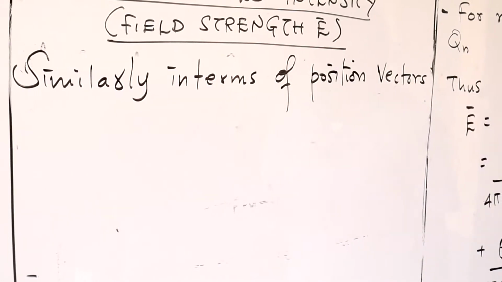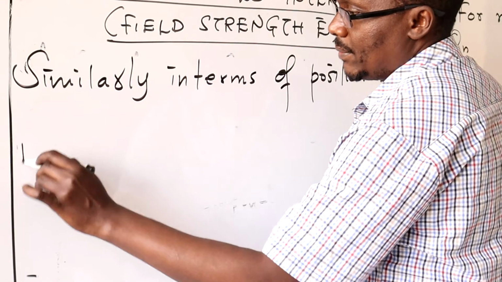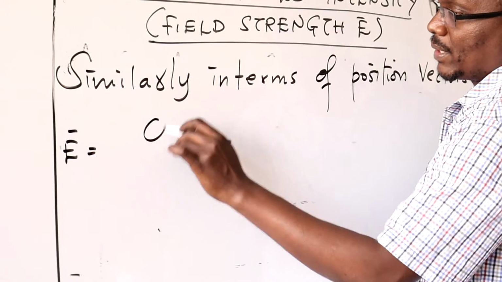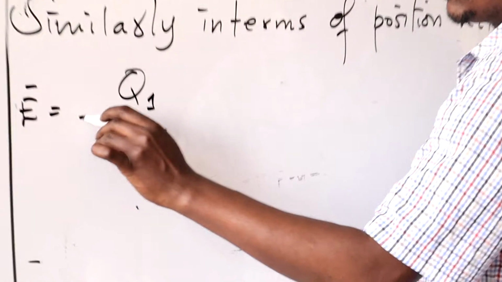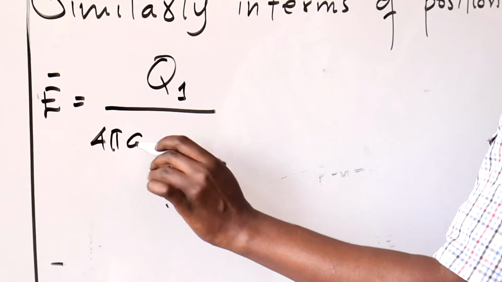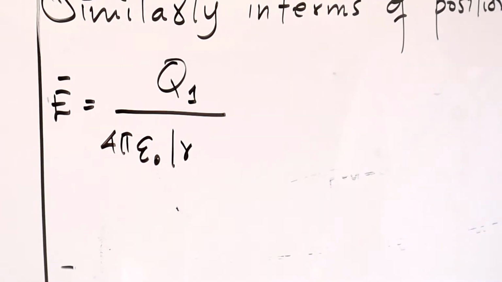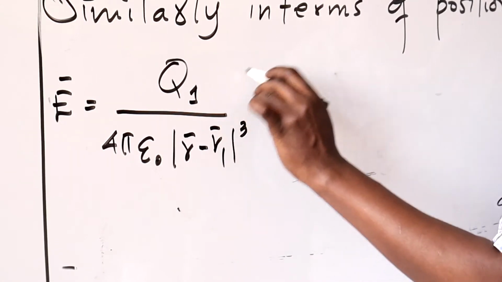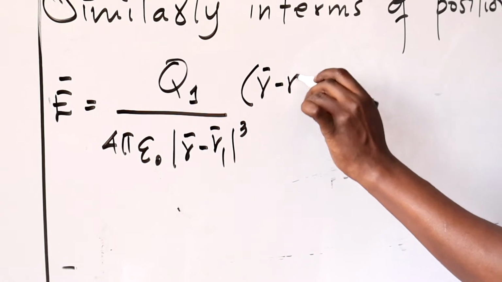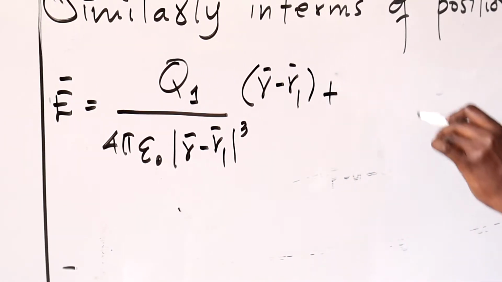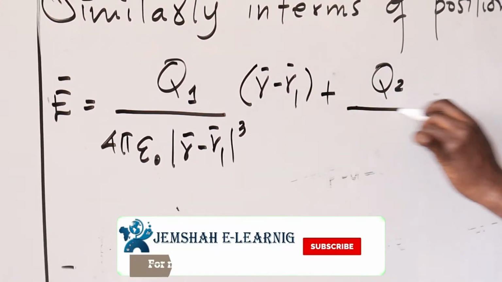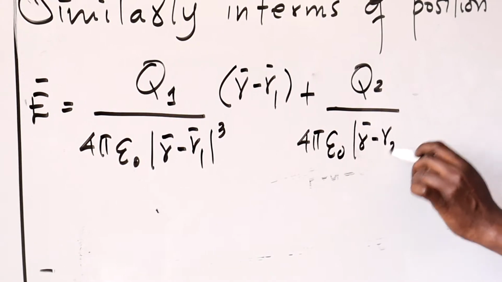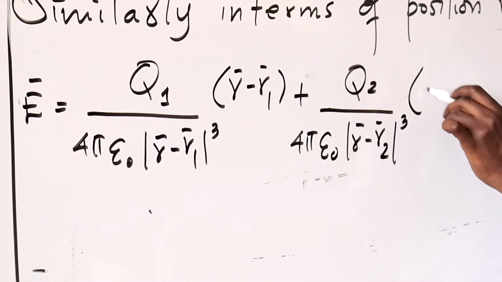Now in terms of position vectors, we can say that our E bar will be represented as Q1 all over 4 pi epsilon naught times (R bar minus R1 bar) over the cube of the magnitude of (R bar minus R1 bar), plus Q2 all over 4 pi epsilon naught times (R bar minus R2 bar) over the cube of the magnitude of (R bar minus R2 bar),